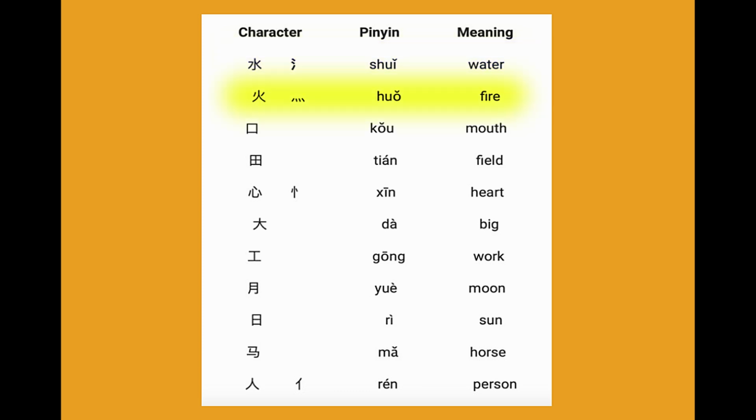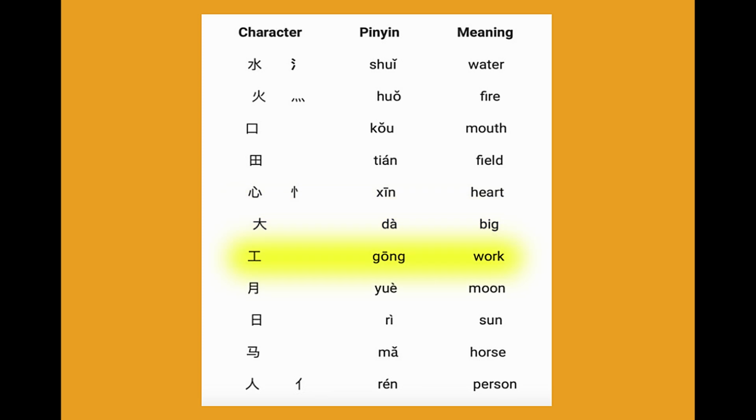Then we have huo, fire, kou, mouth, tian, field, xin, heart, da, big,